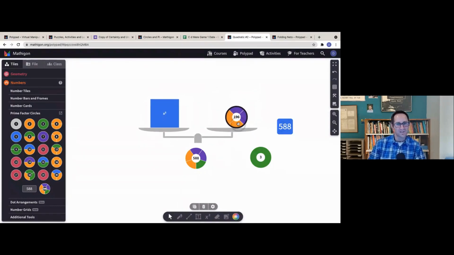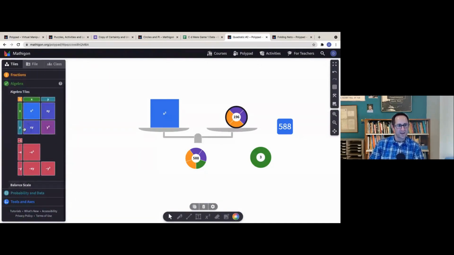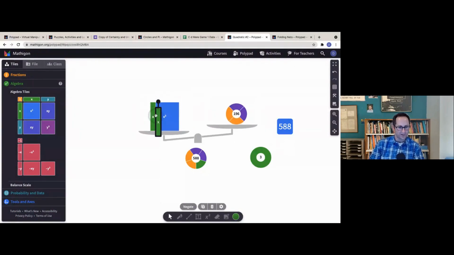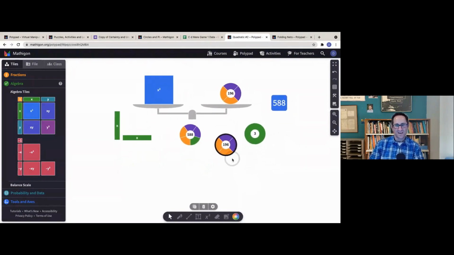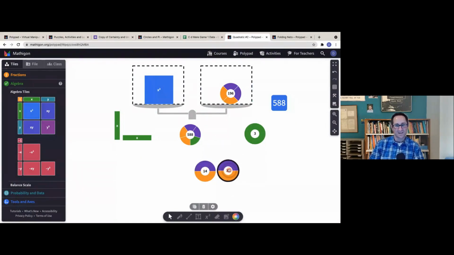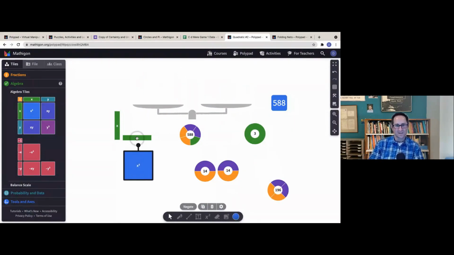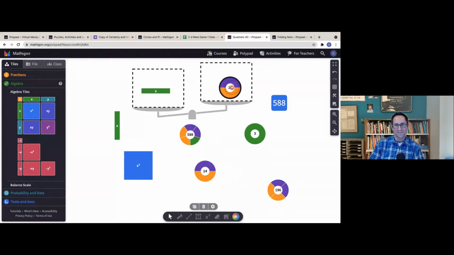But these prime factor circles are also great for thinking about what times itself is 196. So I could go to the algebra tiles and I could show the square here, right? What we're trying to find is what value of x is going to make that square. We could talk about that. Let me get those off the scale. But here we can take the number 196 and think about what times itself is 196. I can pull it apart and in one group have a 2 and the 14, and there's the other 14. And we see that the square root of 196 is 14, which means one of the x's is 14.